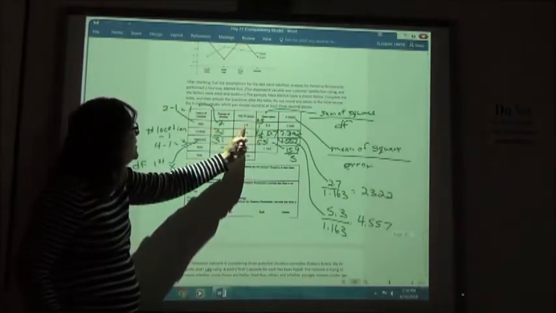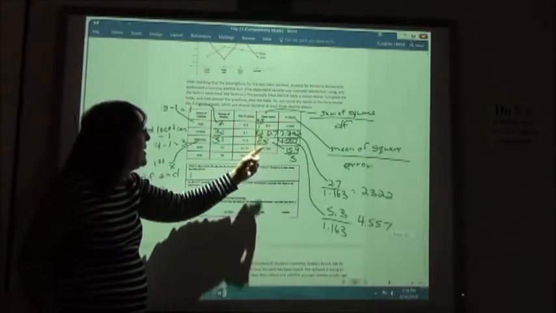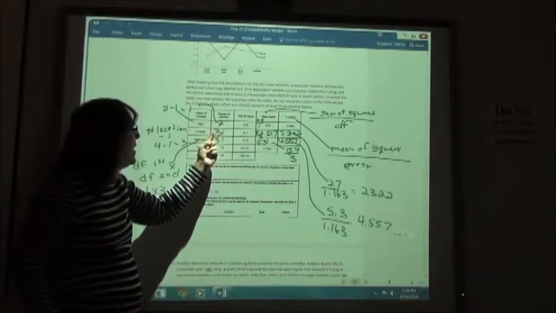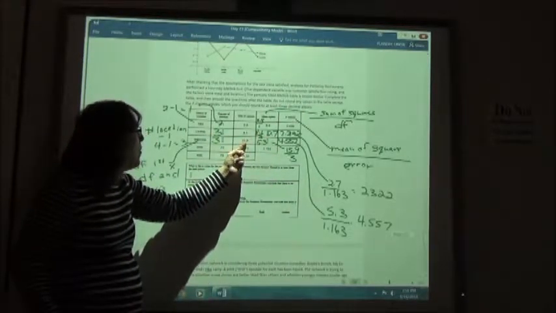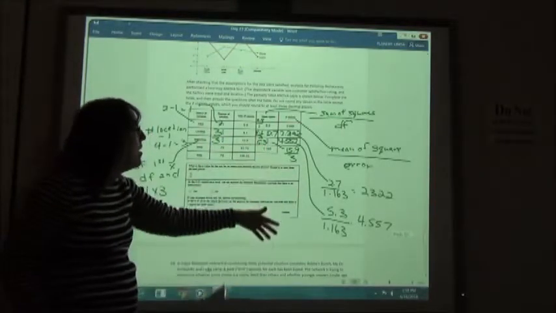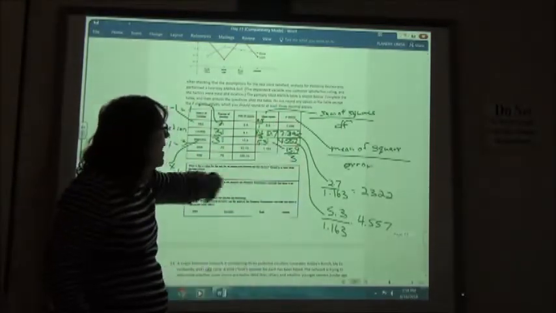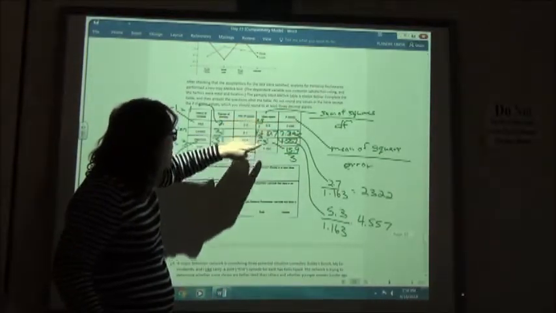So here they took the 0.8 divided by 1 to get 0.8. We took 8.1 divided by 3 to get 2.7. We take 15.9 divided by 3 to get our 5.3. On the end, for our F statistic, we are going to take the mean square divided by the